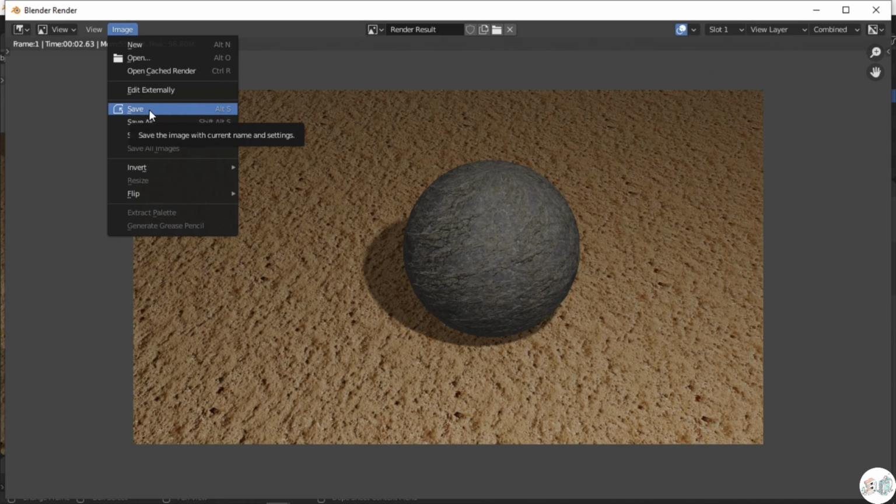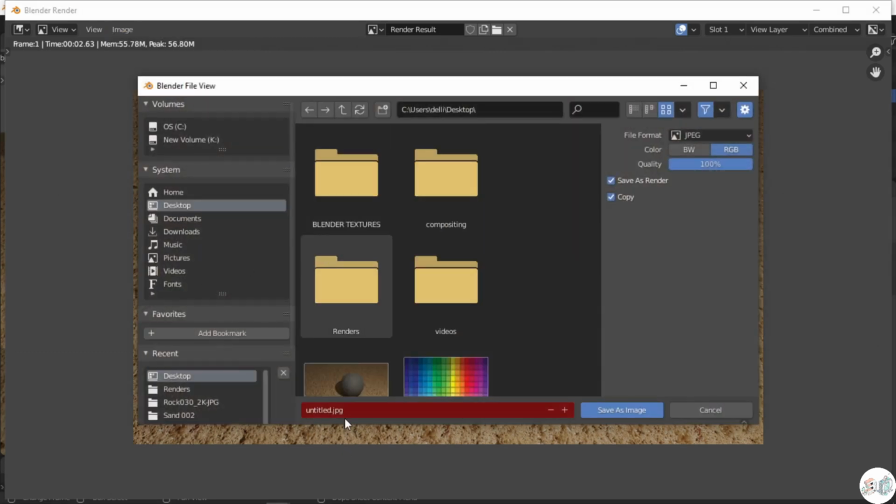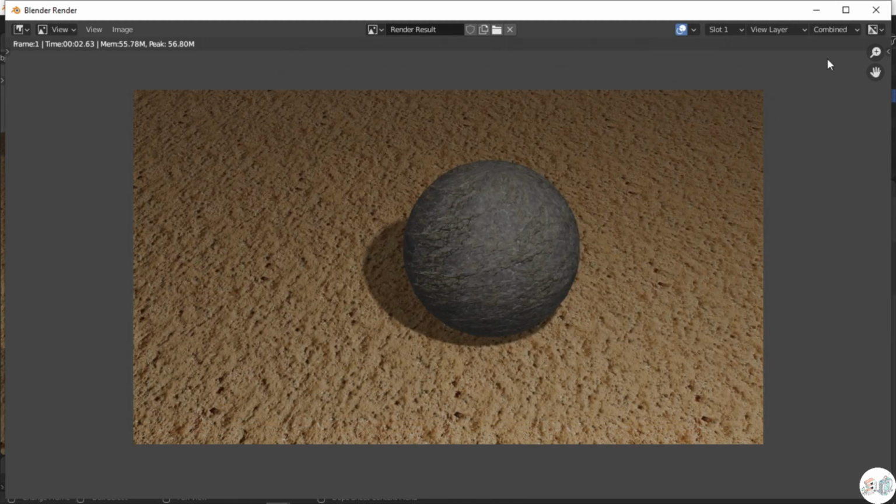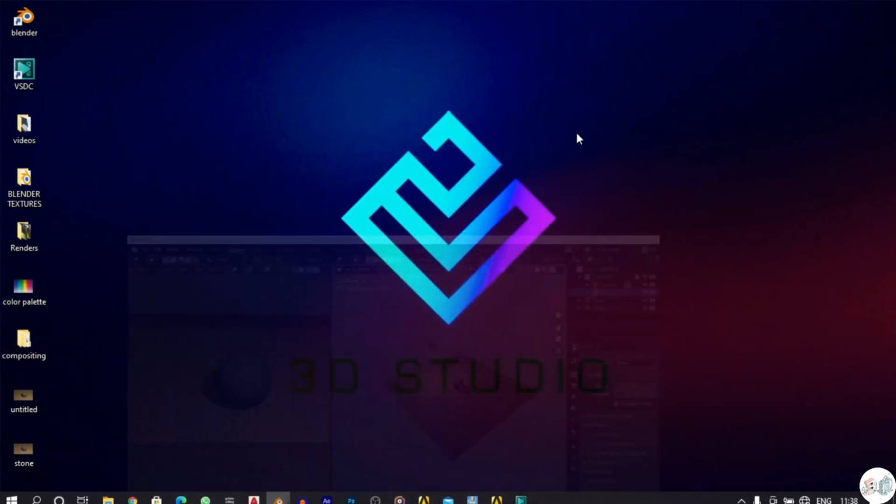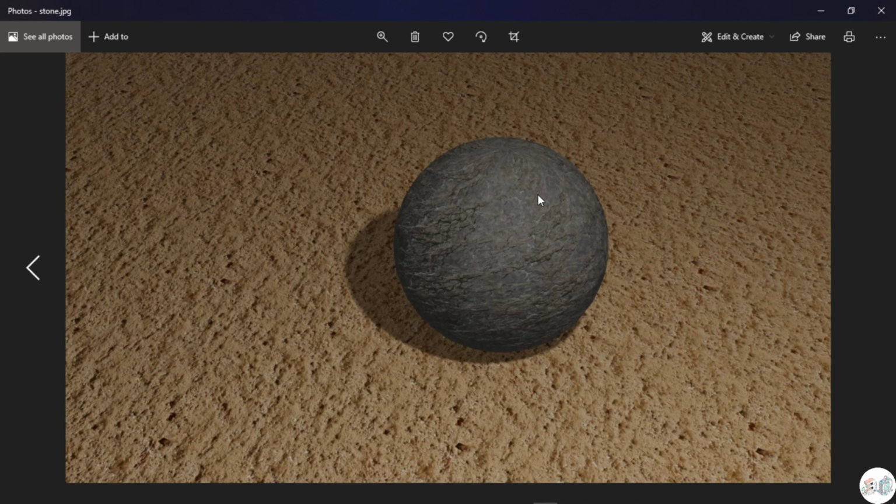So I'm going to save it as stone.jpg. Once I hit save as image, it's going to be saved onto my desktop. So this is how you can export a scene as a photograph.